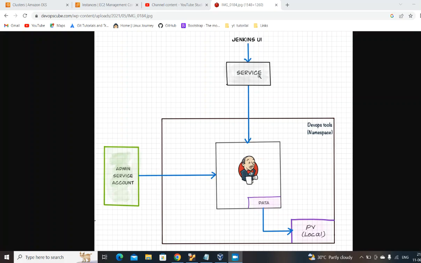which we will create to access the pod of the Jenkins, and all the data like pipeline and its log, its previous build, and other information, its workspace will be stored in the PV, which is present locally. So the diagram is very simple, and it's very easy to deploy it on Kubernetes. For today, I have taken